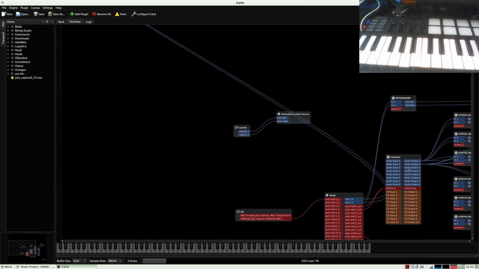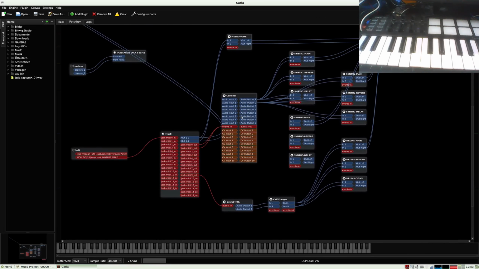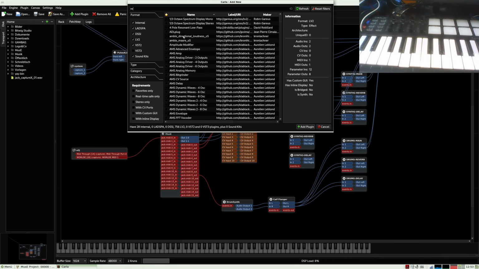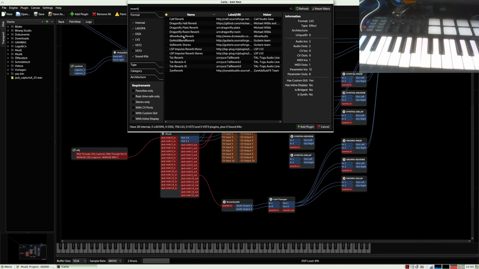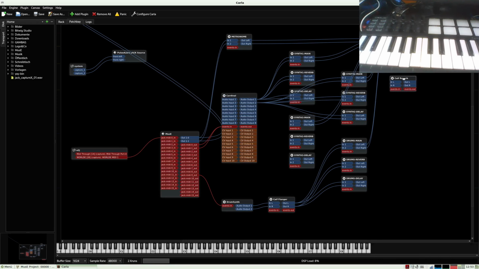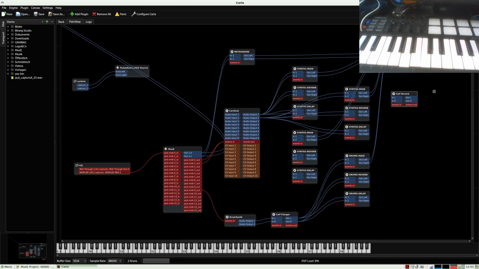So Control A, and we need a reverb, and I use the Carve reverb here. Put it to something like here.